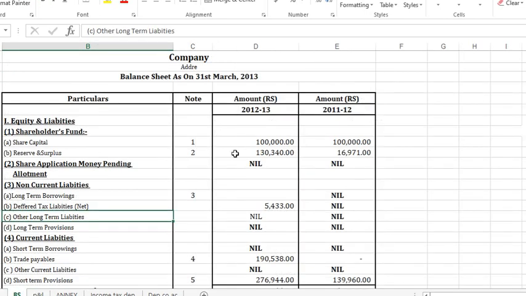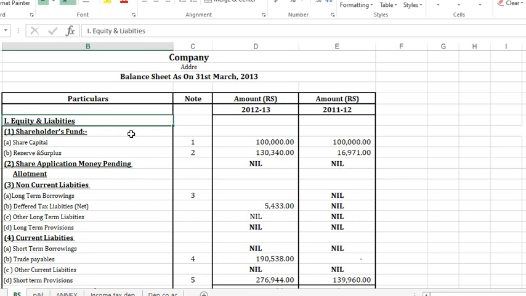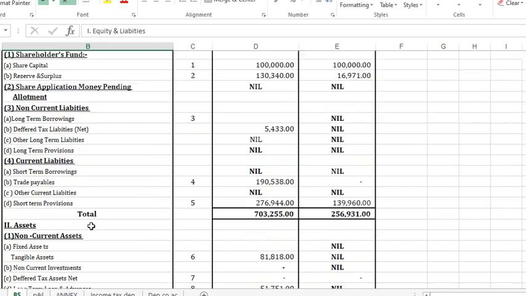And at the same time, if you want to see the balance sheet, again this is also in vertical format. What did I tell you? Equity and liabilities plus current liabilities and non-current liabilities, isn't it? That is what we discussed. Equity and liabilities was our first concept, isn't it? And then we have something called as liabilities, current liabilities and non-current liabilities. Current liabilities means those which we have to pay within 1 year, like your trade payables. Trade, that means you have purchased something and you have to pay. Short-term borrowings, that means you have to settle within 1 year. Short-term provisions. And at the same time, long-term non-current liabilities means long-term borrowings, long-term loans. All those things come under your non-current liabilities.